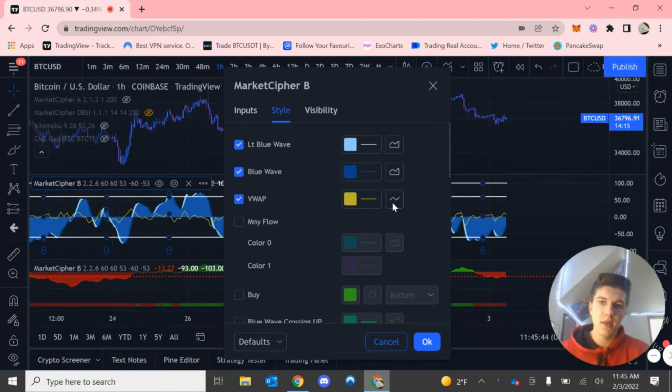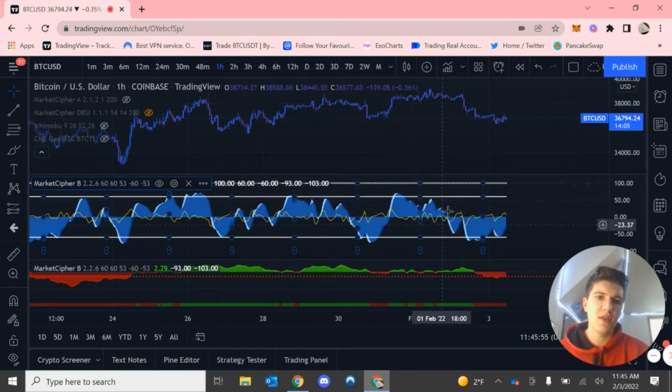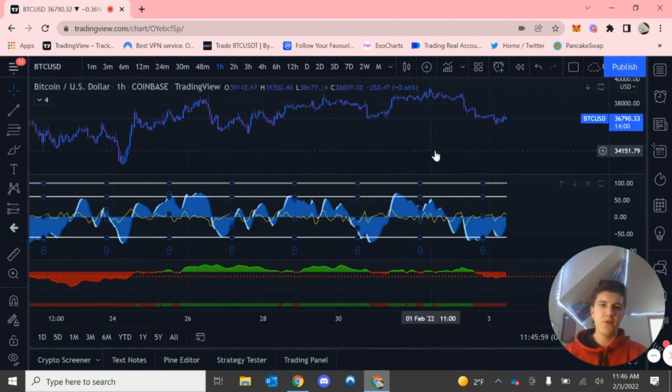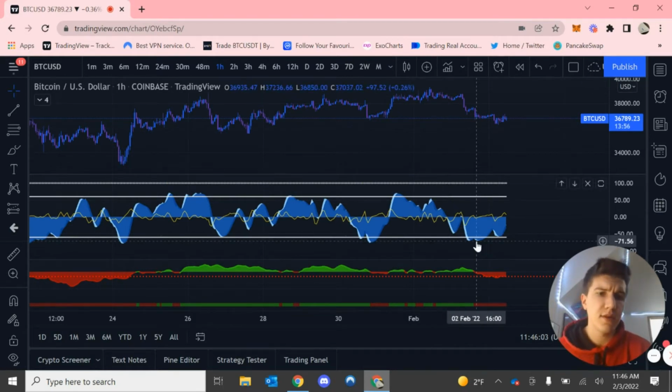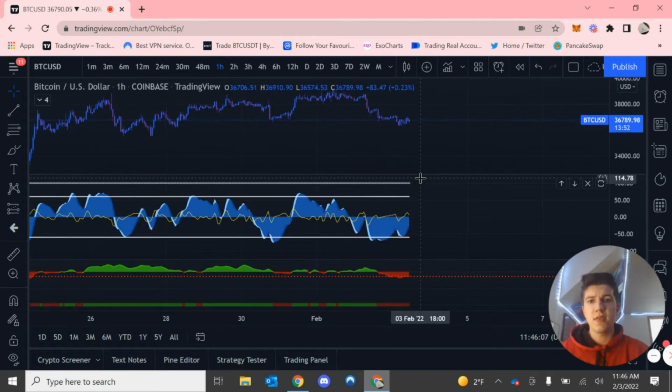When you import it, it's going to look like a kind of a second momentum wave in a way. But I used settings and changed it to a line. Therefore, it's kind of easier to read, in my opinion, and it doesn't really interfere when you have everything turned on Market Cipher B. Anyways, what it is, the volume weighted average price,